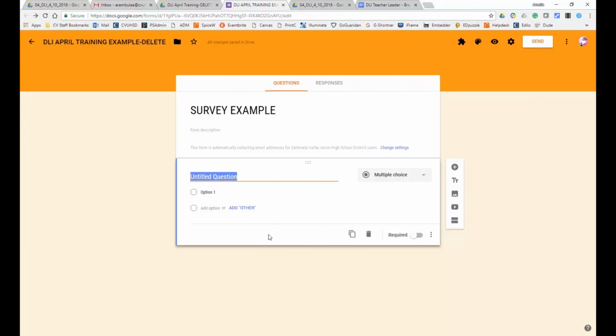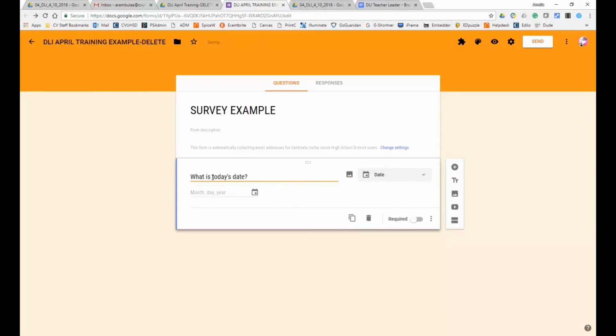More on this a little bit later in the training. Let's begin to edit the first question. The first question is going to be, what is today's date? Notice it automatically picks up information and decides what kind of question or the type of